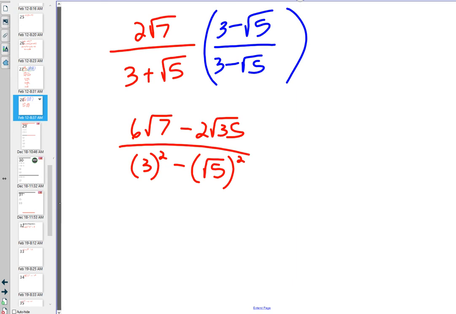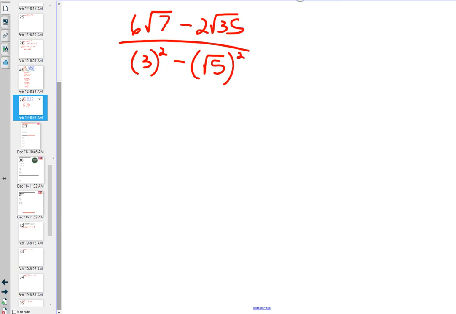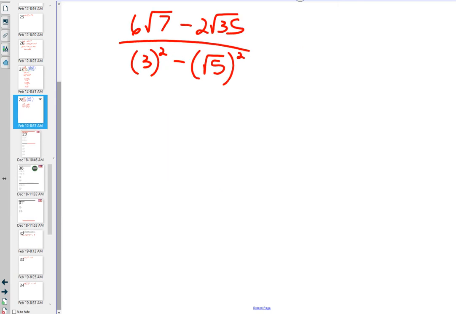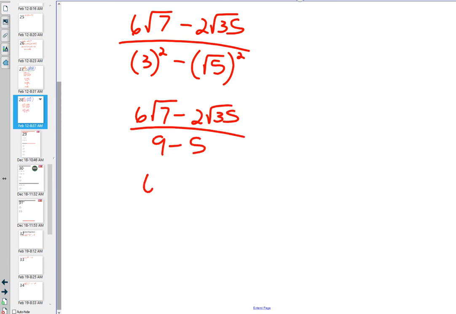On the top, can anything be simplified? Nope. On the bottom, though, we get 9 minus 5, which gives me